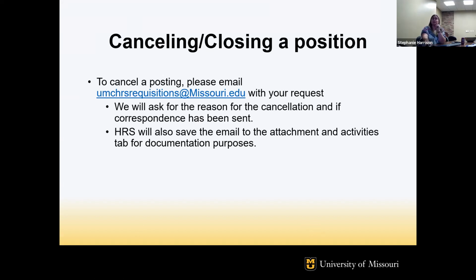Let's see, when we need to repost old positions, you automatically cancel, close old position. So it kind of depends. Usually what I'll do is if I get a request to extend a position and it's already getting close to that time frame of having been up too long, I will usually respond and say, I've extended it for this amount of time, but after this, once the position comes down, then you need to go ahead and close it out and repost a refreshed one.